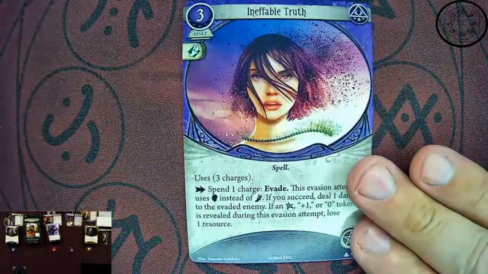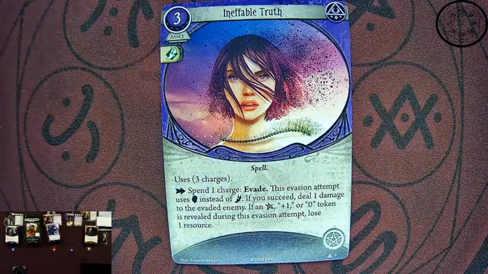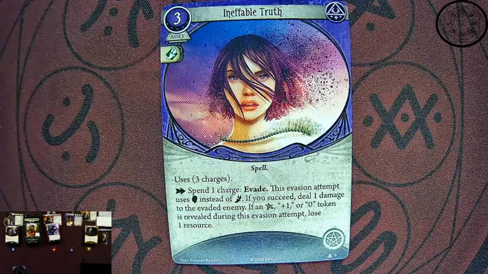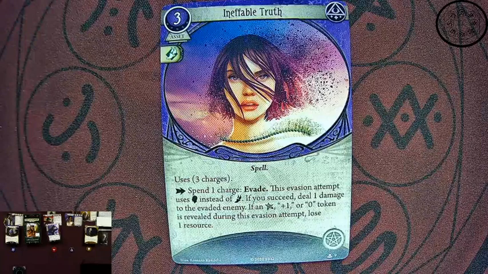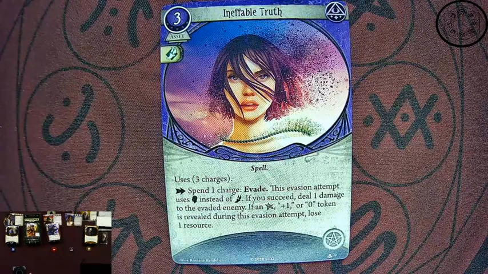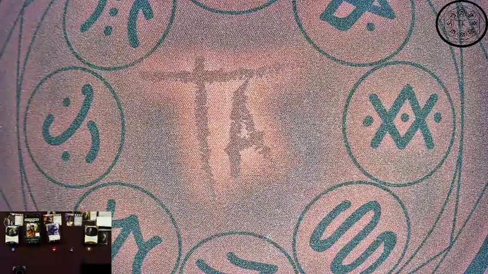Ineffable Truth. This kind of looks like a Thanos snap going on here in the art. Has 3 charges, spend 1 charge as an action, evade. Ooh, this is an evade version. I wonder if we're getting more and more of those. So far it's just fight, fight, investigate, evade. This evasion attempt uses will instead of agility, and if you succeed by 1 or more, deal 1 damage to the evaded enemy. If you get one of those 3 tokens, lose 1 resource. Doesn't cancel the, but